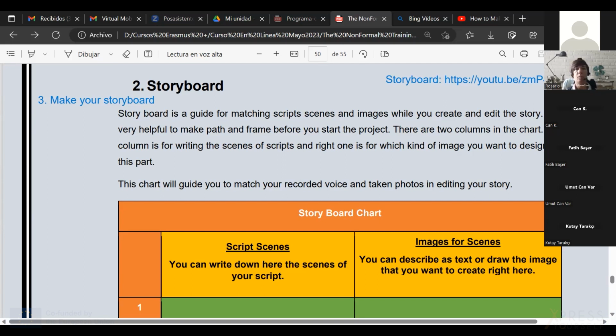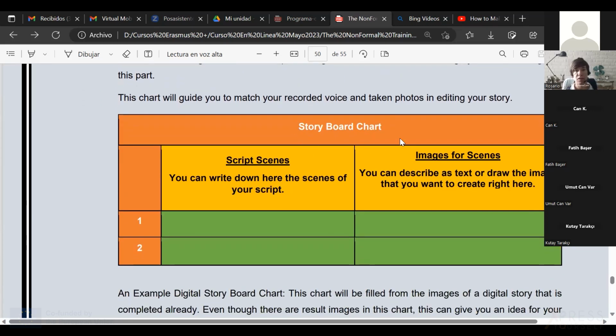An important part of the storytelling is the storyboard, the moment that you decide what to include and how to include it, the order of the scenes, and which scenes are going to be in your storytelling.